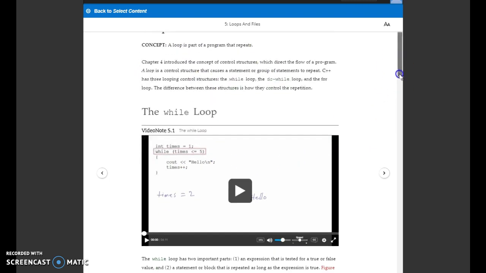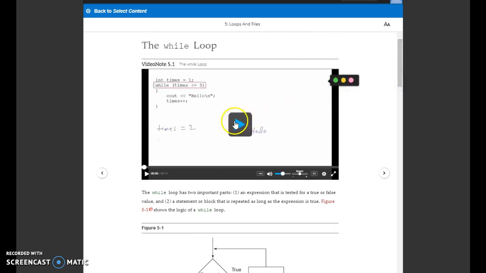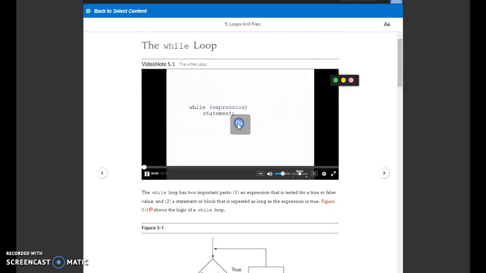As I scroll down, I can see there's a video note that I can play here. A loop causes one or more statements to repeat in a program. In C++, you can use the while loop to repeat one or more statements as long as a Boolean expression is true. This is the general format of how you write a while loop that controls the repetition of only